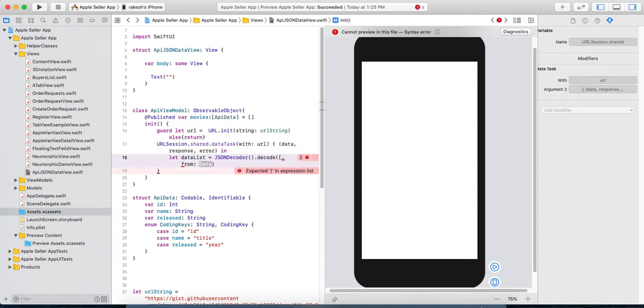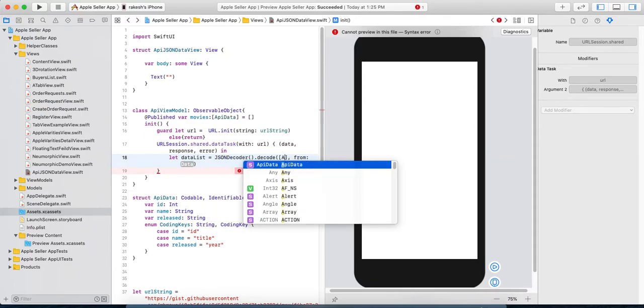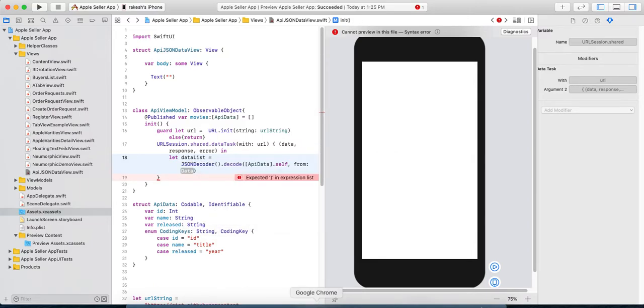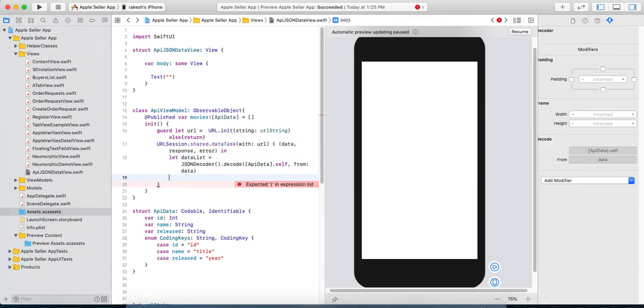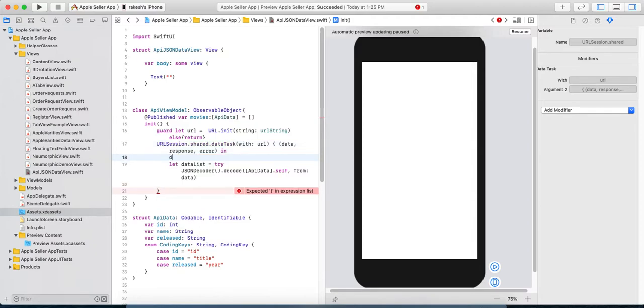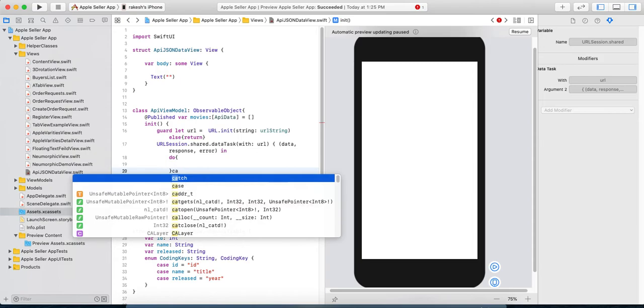We want to get an array of APIData.self, and the data will be the data that is coming from here, and we will place it here. So this is basically a try block because it will handle exceptions: do, catch.